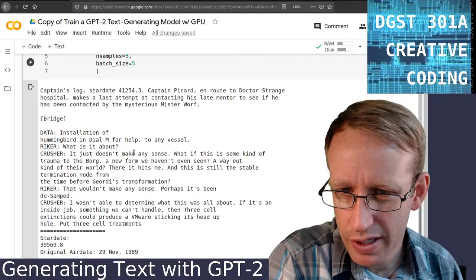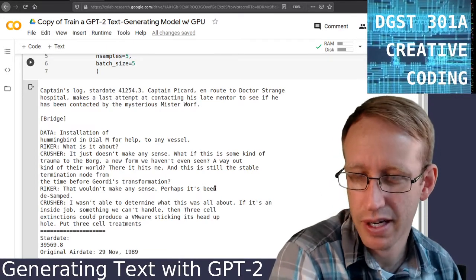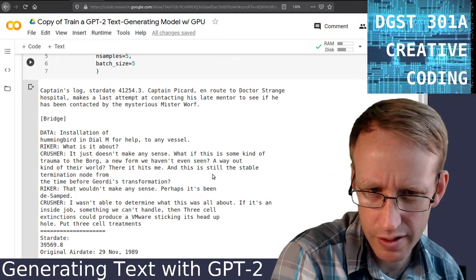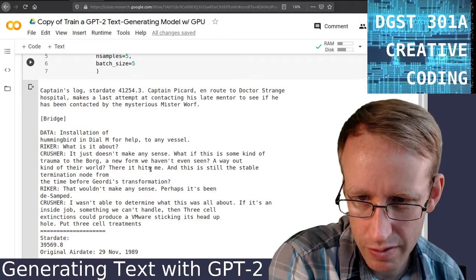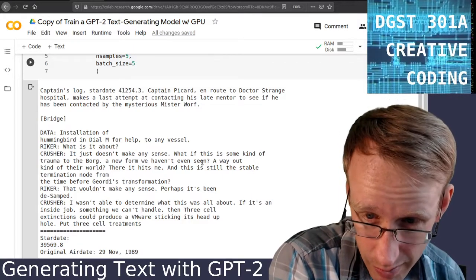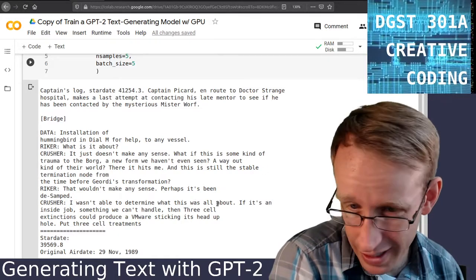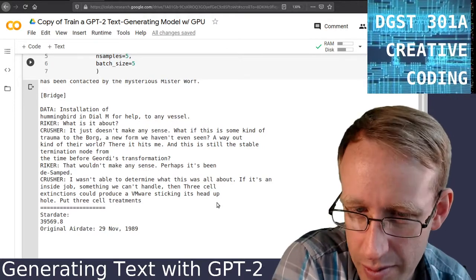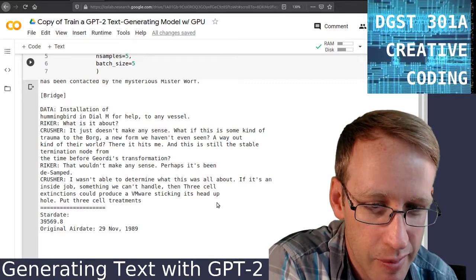Installation of Hummingbird and Dial M for help to any vessel. What is it about? It just doesn't make any sense. What if this is some kind of trauma to the Borg, a new form we haven't seen, a way out kind of their world? There, it hits me. And this is still the stable termination node from the time before Geordi's transformation? That wouldn't make any sense. Perhaps it's been desamped. I wasn't able to determine what this was all about. If it's an inside job, something we can't handle, the 3-cell extinctions could produce a VMware sticking its head up